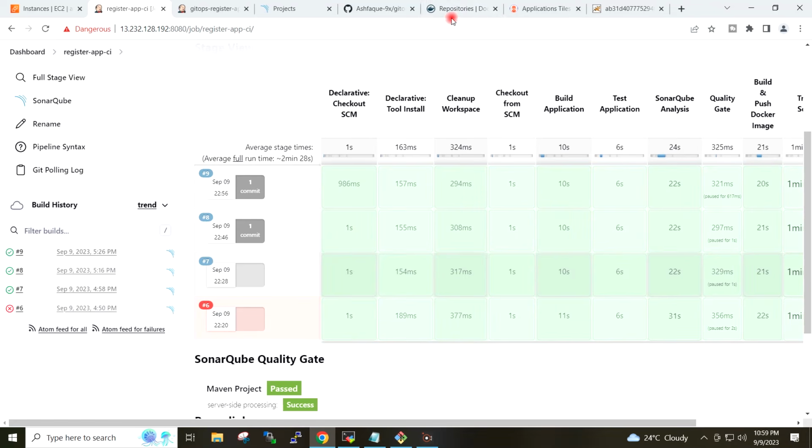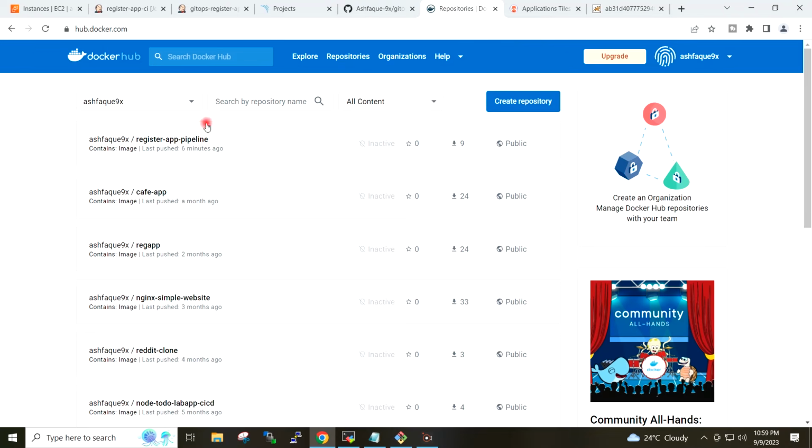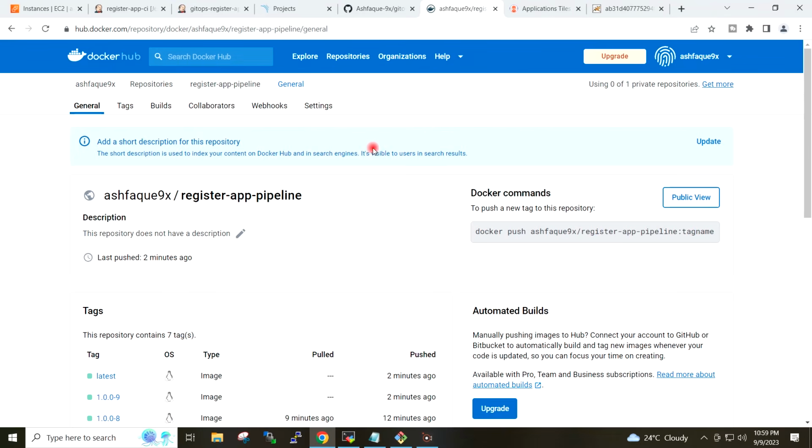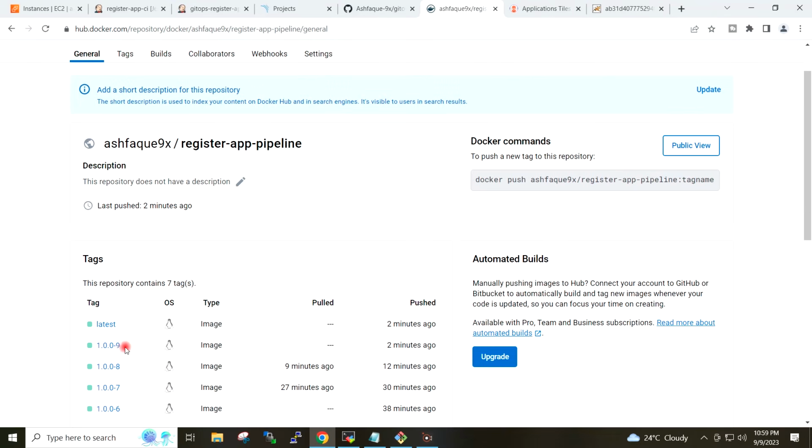If I go to Docker Hub and do the refresh here, the image has been pushed just now. The image has the latest build number, which is 9.